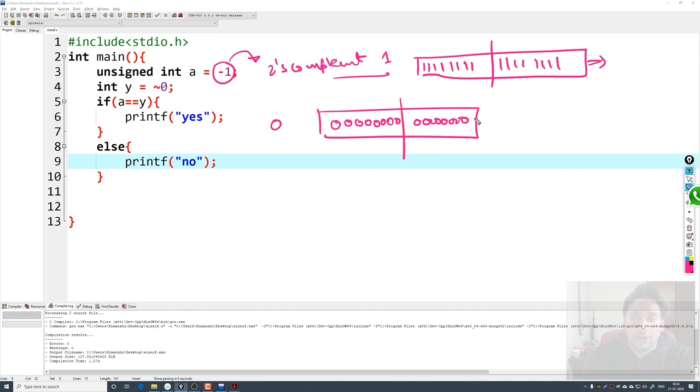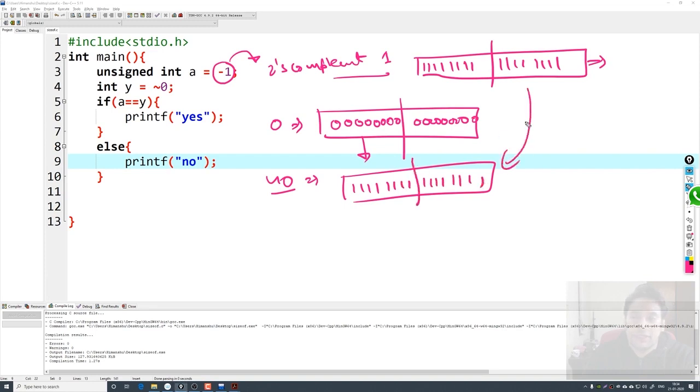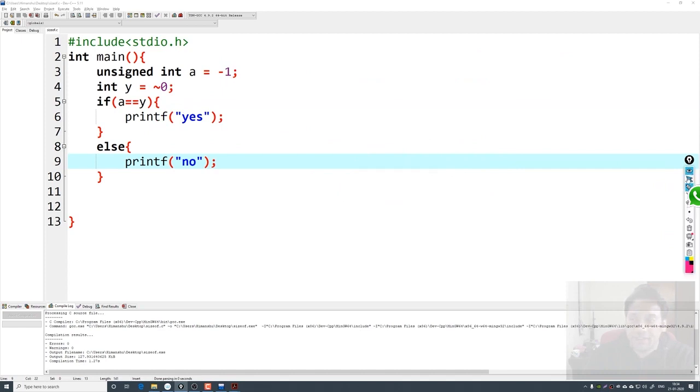So if I take the bitwise not of 0, it will change it to all ones. Therefore both values are the same, hence this program is printing yes.